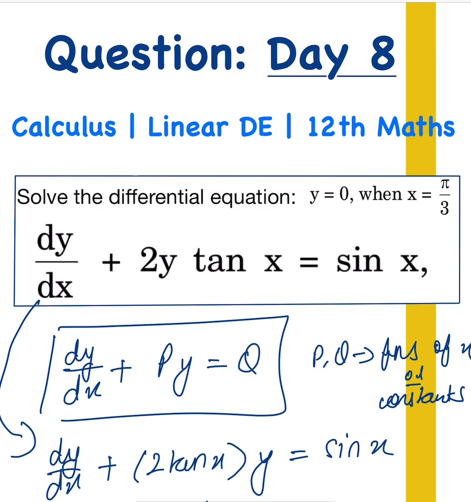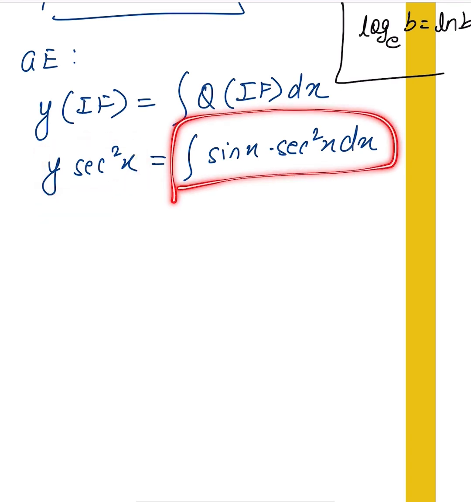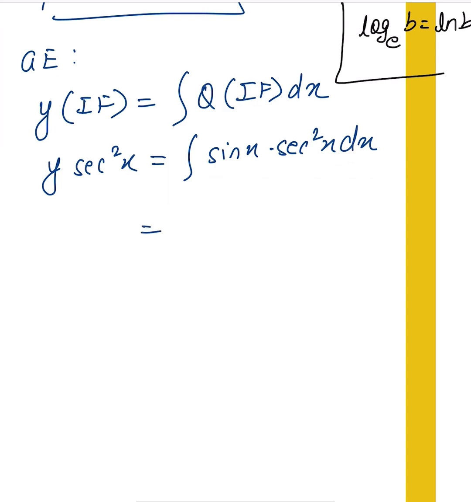What is the value of q? The value of q is sine x, right? So sine x times sec square x dx. The left hand side is already done. Do not do anything on the left hand side. You just have to integrate the right hand side. So let's